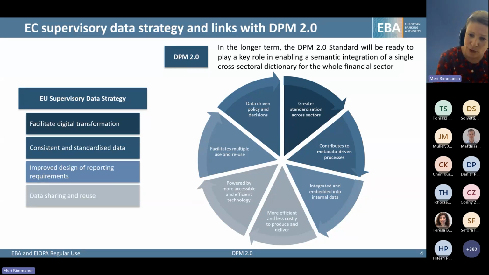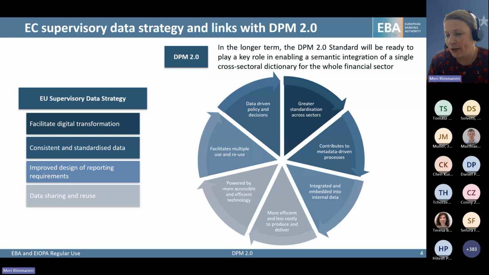So the preparation should be more efficient, but also more sharing, more reuse of data. And with the DPM 2.0, we can contribute to make the data life cycle more efficient, so that we could all use technology and prepare regulatory reporting in a more efficient way, and also improve and increase the use and sharing of it.